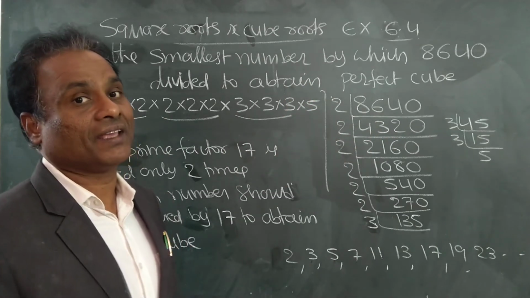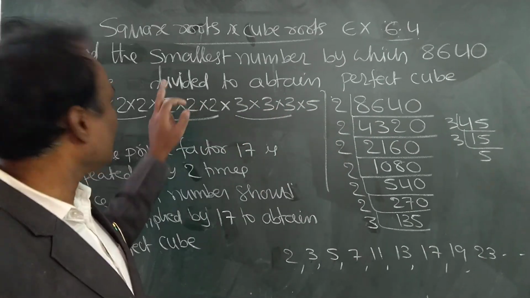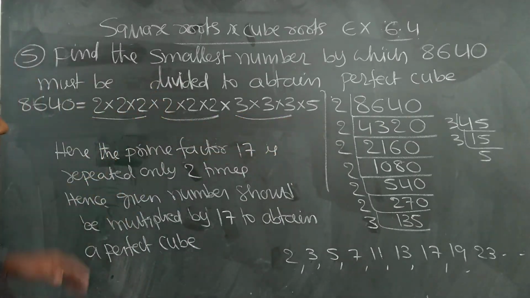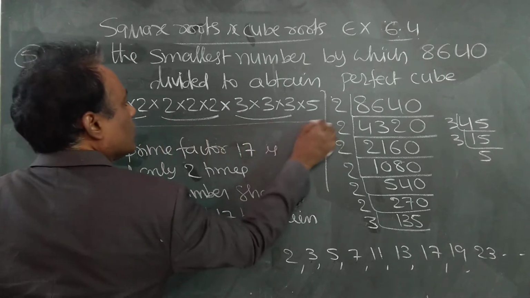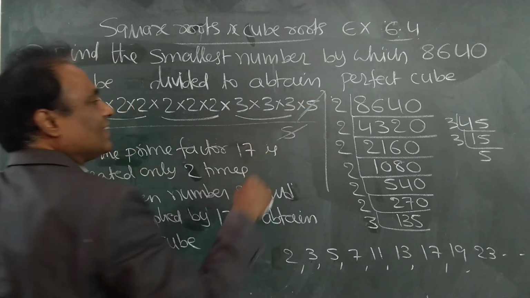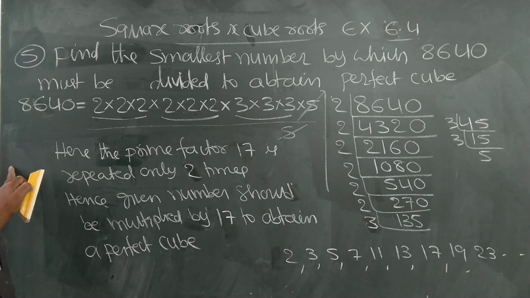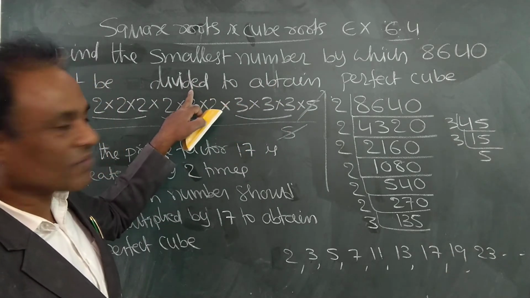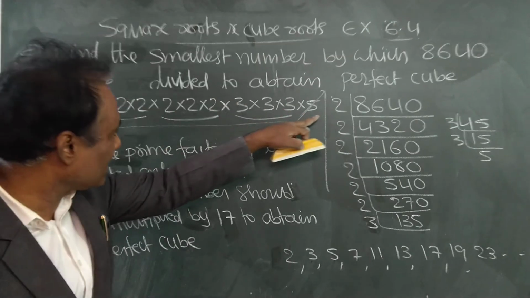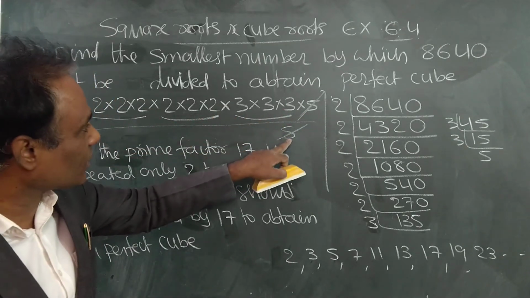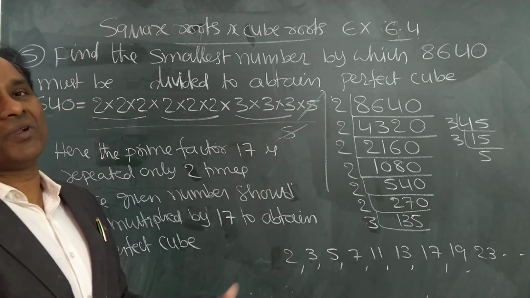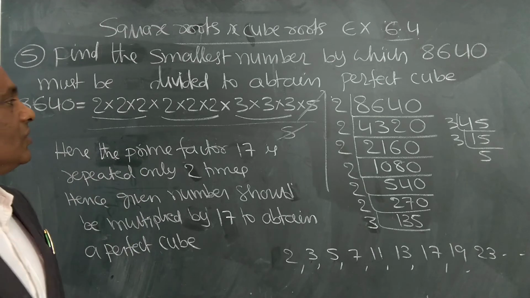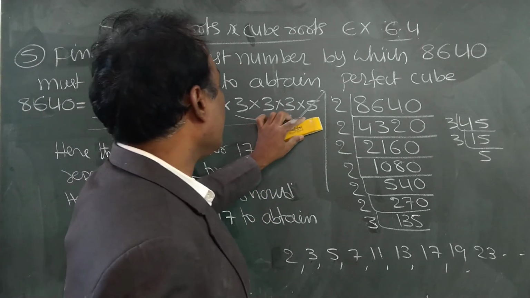25 we have to multiply. But here the question is not multiply, it is divide. Divide means divide this by 5, so that the 5 cancels, then the remaining is a perfect cube. So divide this number by 5 so that 5 cancels. Now no problem. 3 times, 3 times, 3 times, perfect cube. So therefore, divide by what? 5.